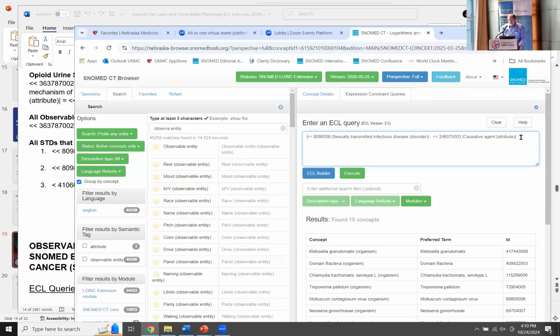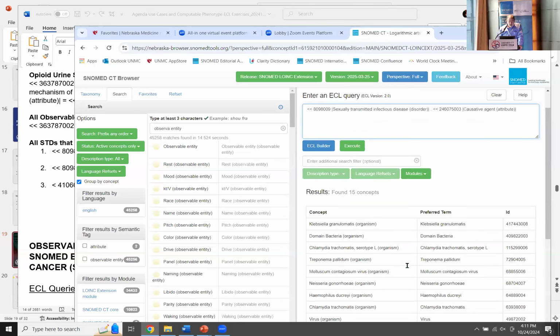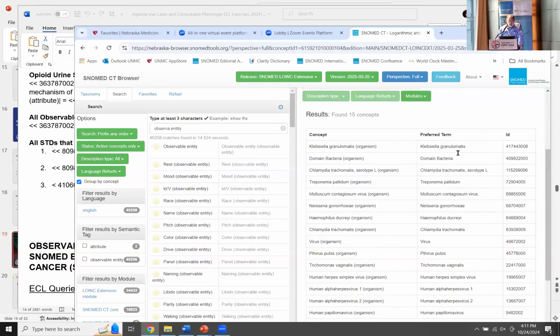As I got more experience with this, you needed to not only say causative agent, but also say it's an organism, because there can be causative agents that are not organisms, apparently. But I don't know what these are. This is basically all bacteria and all viruses. And so when you go to the next phase, for instance,